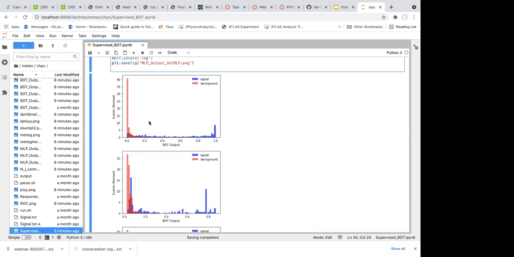Of course, that will not happen very often in our daily life. What you will see is just like this figure. You always have some confusion or some mixture. Some real signal events go to the left side and are labeled as background, and some real background events are labeled as signal on the right side.